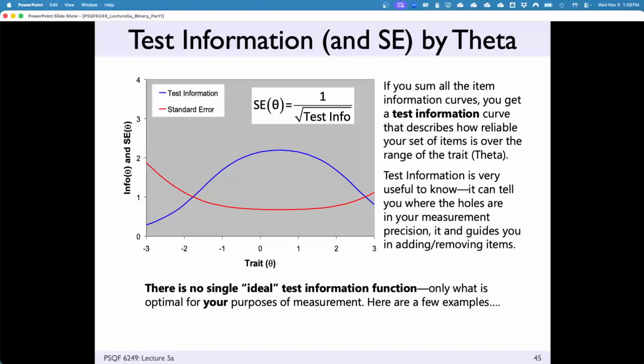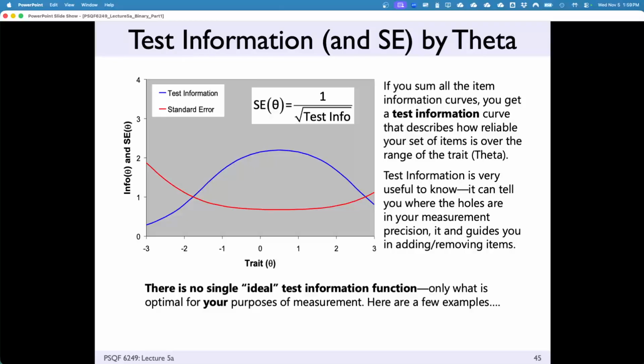If you're building an exam and you really want to focus on low performing or high performing, you would select different items from the same pool that would be on the low side or on the high side, and the shape of this would be different. So your reliability or precision would be it. But here's why I'm telling you about information.